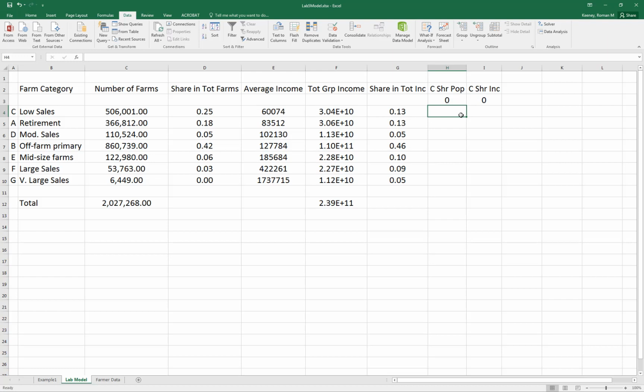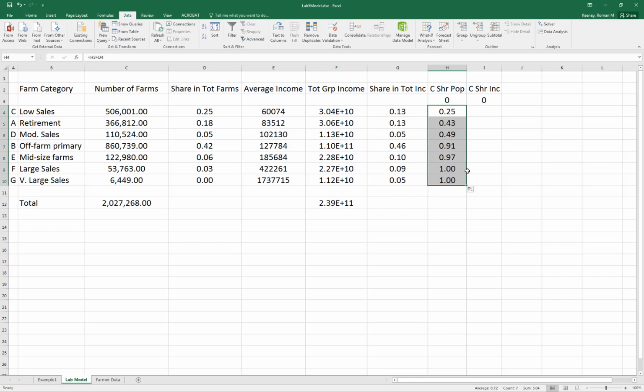Okay, so what are the steps? Well, it's just add the thing that's above, add the share of population that was most recently calculated in the cumulative measure to the group that you're adding in that row. Okay, so it's H3, that's 0, plus D4. And then that becomes a formula that you can copy all the way down. And it should end